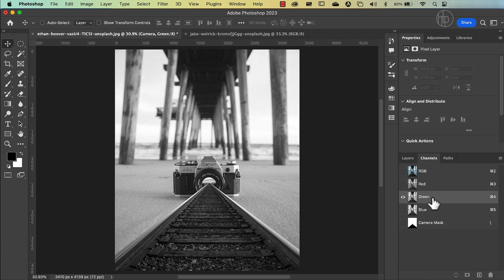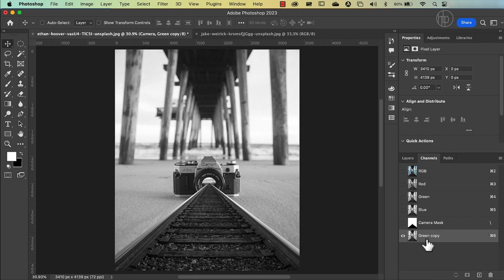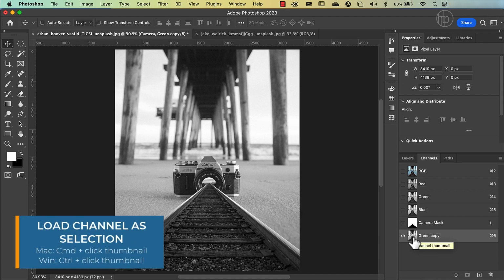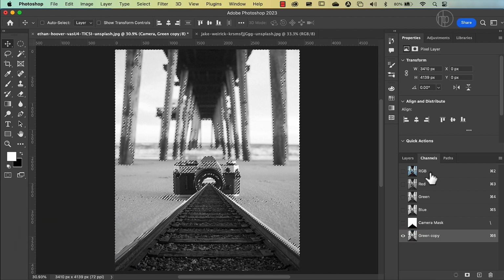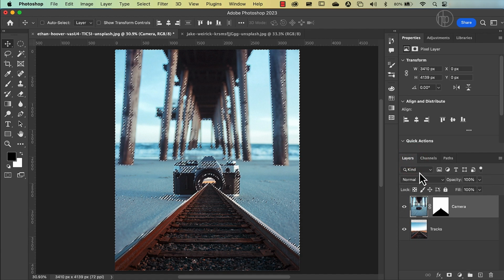Now we can't edit directly on the green channel, otherwise it would just ruin all the greens in the image. We're going to duplicate that by dragging the green channel onto this icon here, and then you'll see there's a green copy. Now we want to make a selection out of this by selecting this and Command clicking on it. We go back to our RGB channel, go back to our layers, and we're going to create a